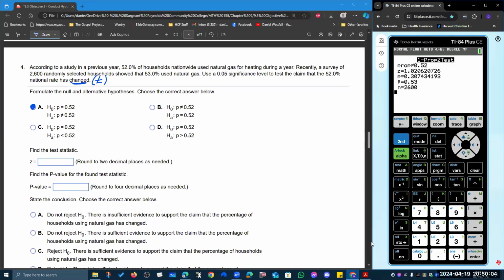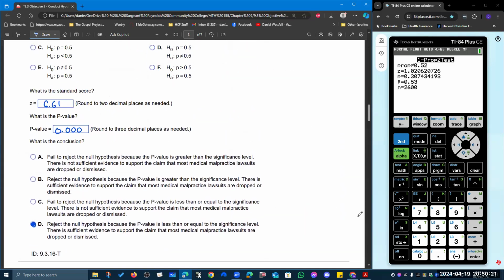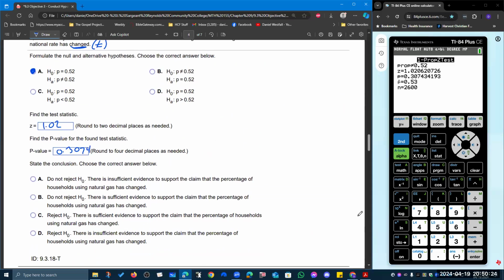And our Z is 1.02. Our p-value is 0.3074. 4 decimal places. Yeah. They've been using 3 decimal places until now. They just did that, throw us off a little bit. So that's definitely greater than our alpha of 0.05. So we are going to fail to reject H naught, and